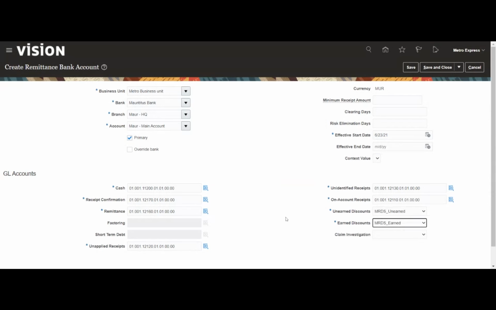Okay, so if you remember, these two configurations we created in receivable activities. We saw there are two things that are mandatory: one is unearned discount and the other one is earned discount. So from there it is picking, and the account code combination is picked up from the account that we give there. Okay, so that's about the receipt method and the bank account attaching and these things.